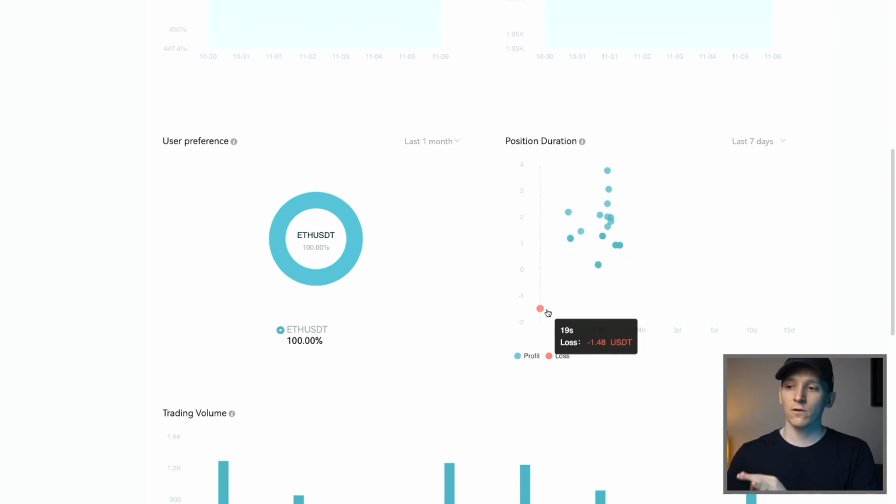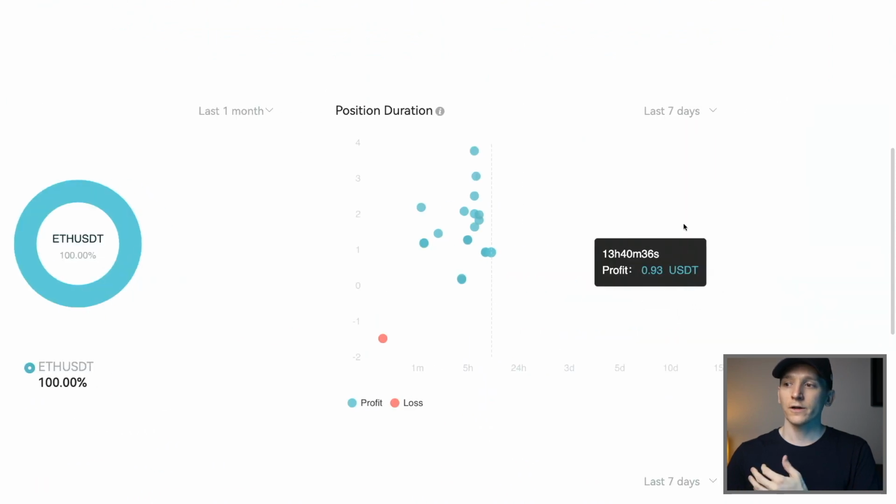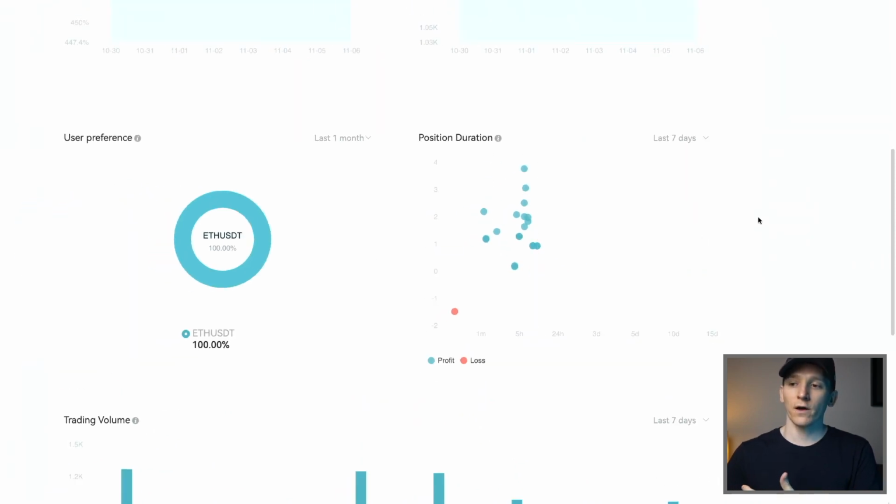Now what you can see is this loss right here. This is really good for me. Now traders are usually advised to kind of cut their losses very quick, right? So if you're seeing people hold on to losses, you know, that's not great. When you're day trading, which this person seems to be, cutting losses quick is just, you know, vital. And as you can see, they kind of hold on to their winners, but no longer than around 5 hours. So this person essentially is a kind of scalper or a day trader who is taking advantage of very short